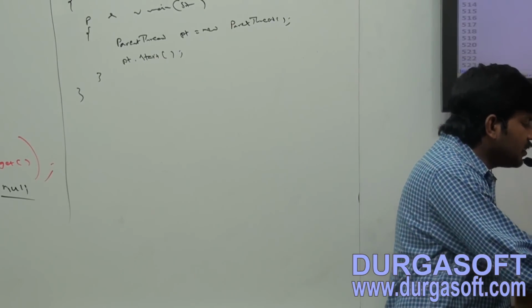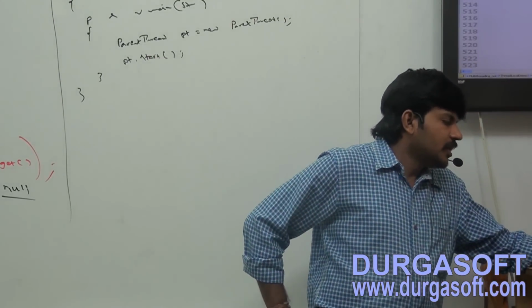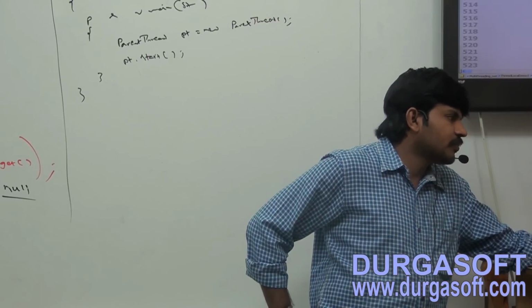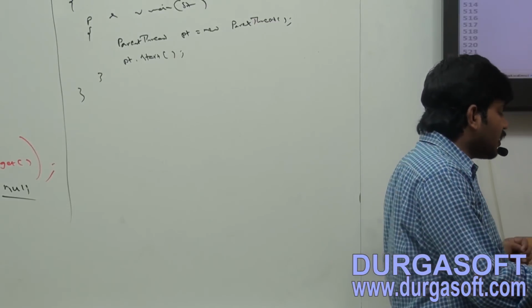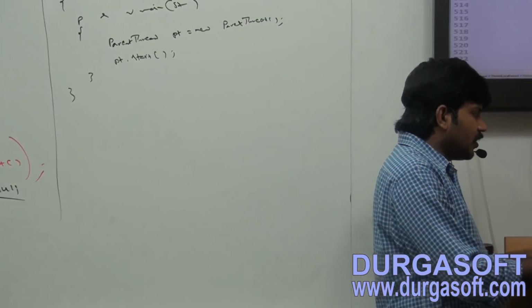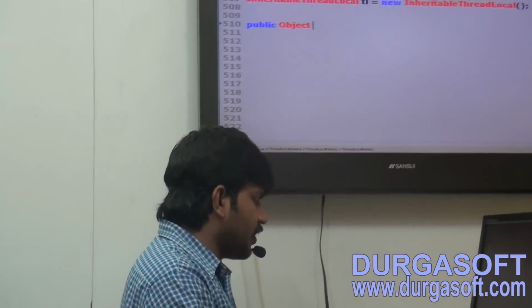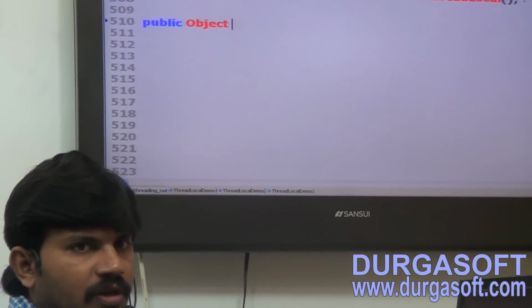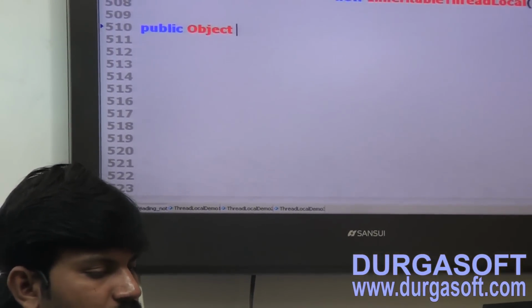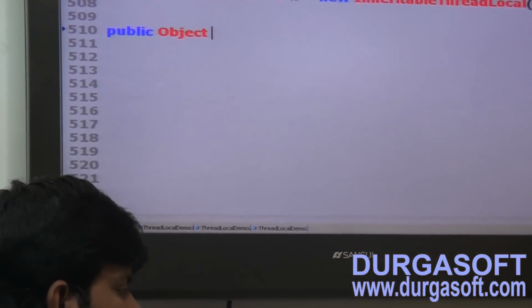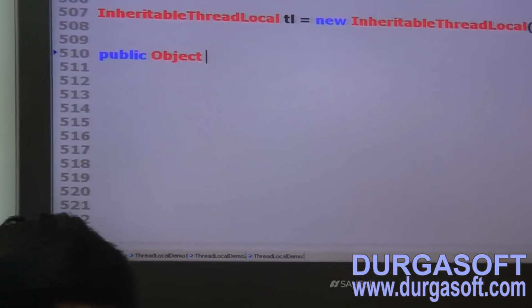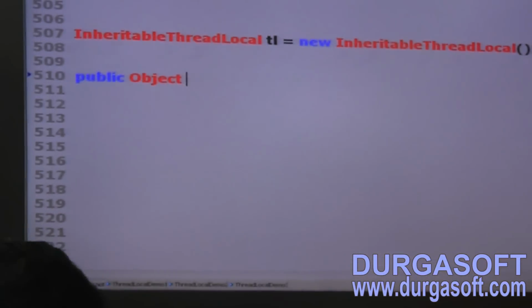Next, in addition to these methods, it contains only one method. What is that method? childValue.